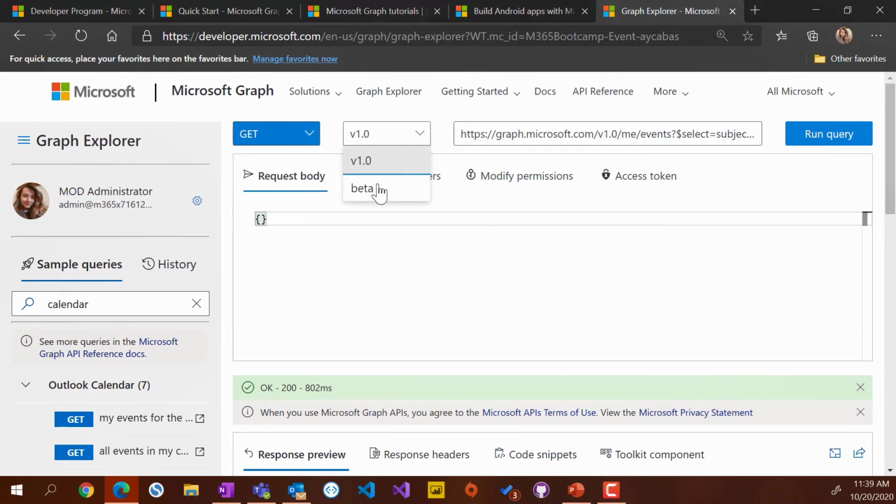Then I can change the API version of the API I'd like to use. It can be version 1 or beta. If I change it, it will automatically change for me. I can also change the request. It's not only GET,